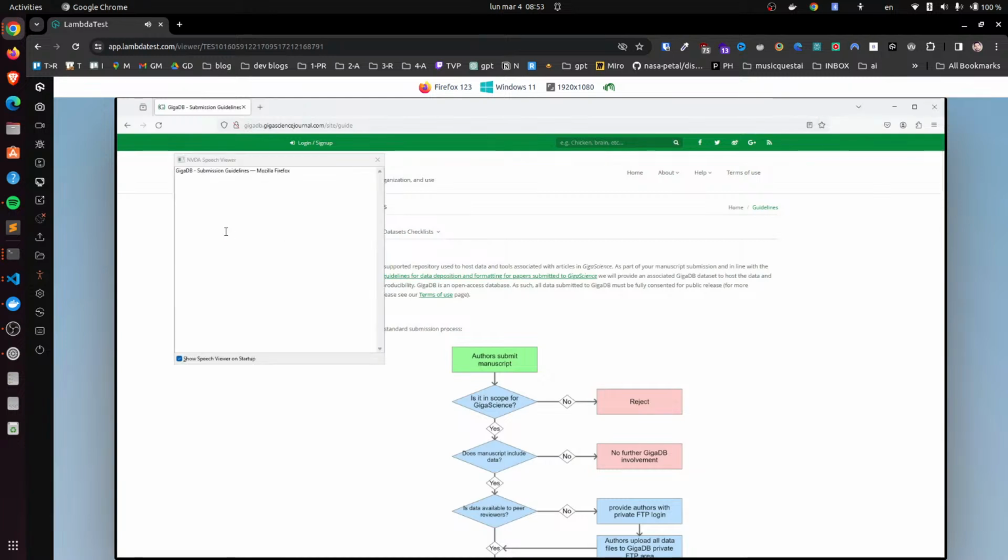I actually should turn on the computer audio. Oh, let's see. And close the window. Is it too loud?